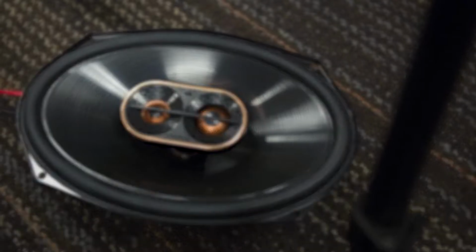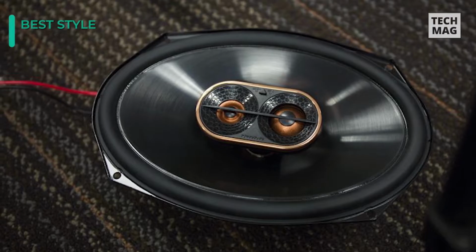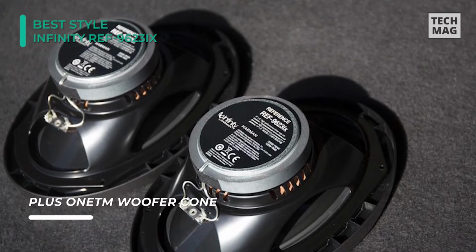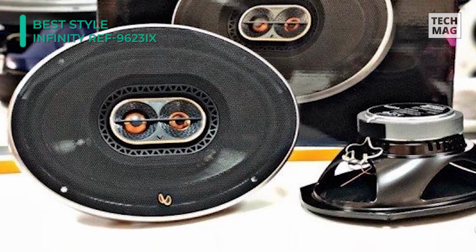If you're hunting for speakers that look good and will make your music sound deep, clear, and smooth with dominant bass, then you're looking at the best product. Hear every detail that you've been missing in your car's sound system, because the Infinity REF 9623iX grants outstanding clarity. This is thanks to an edge-driven textile tweeter and super tweeter that bring out all the details in your tune